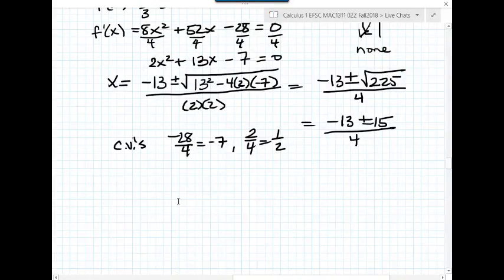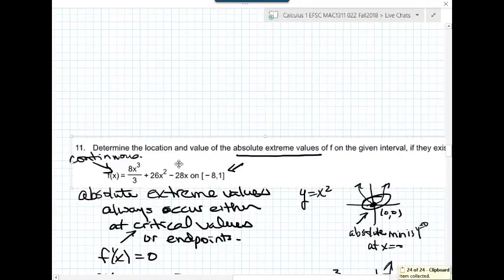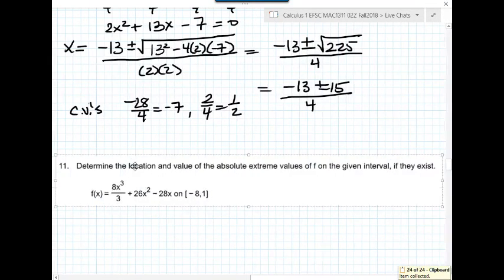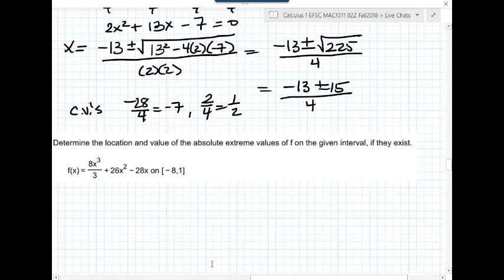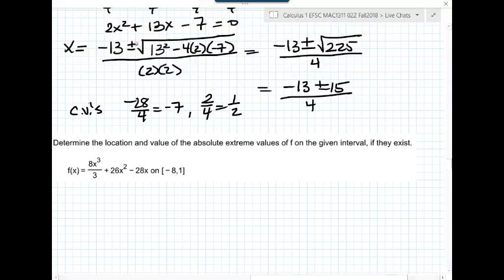Okay, so that's going to be negative 13 plus or minus 15 over 4. So we either have negative 13 minus 15 is negative 28 over 4, which is negative 7. Or we have negative 13 plus 15 is positive 2 over 4, which is 1/2. Okay, so these are our critical values, CVs,